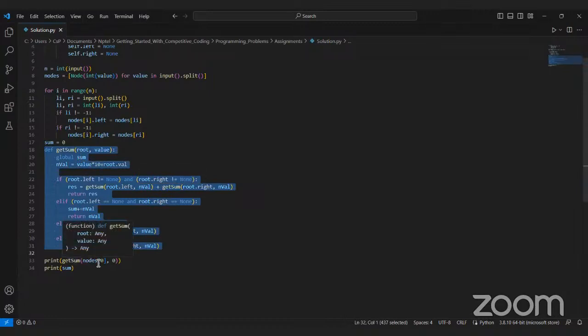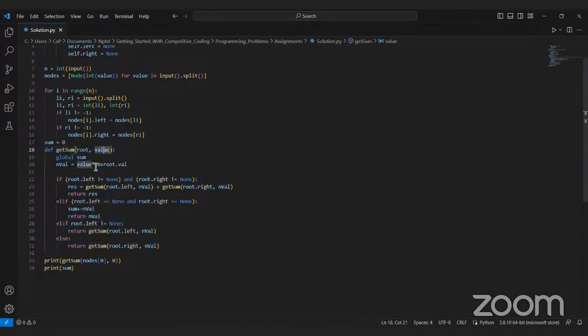You start from the root node. The current value would be 0, so you multiply the value that was provided, which was 0 in this case, by 10 and add the node value.